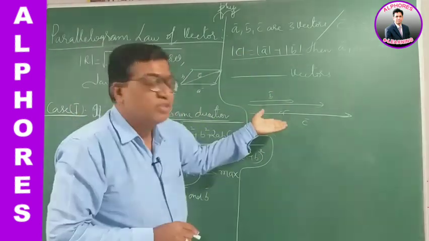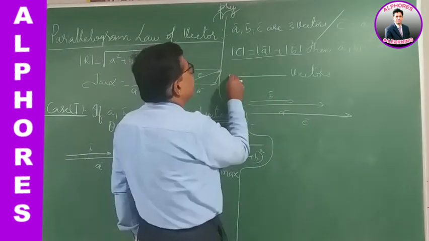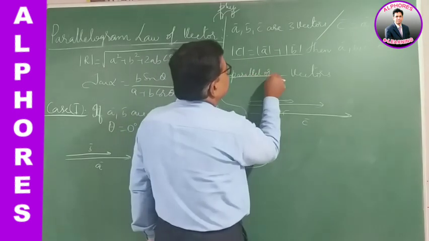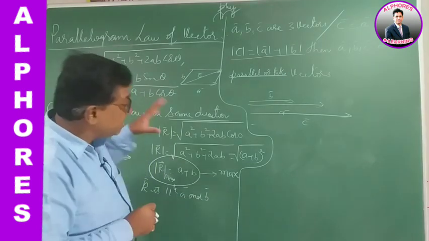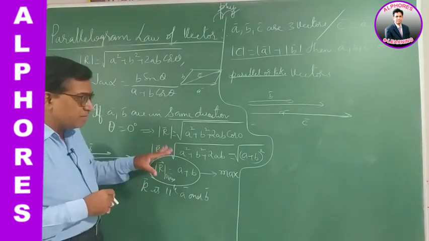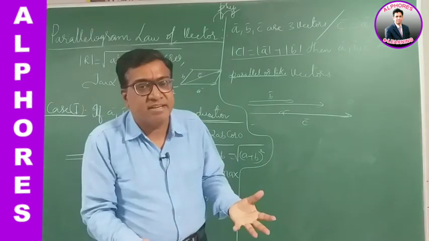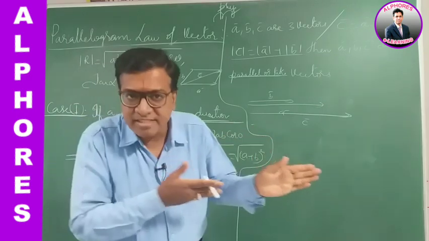And of course they belong to the same physical quantity. They have the same unit. So you can write it as they are parallel vectors or like vectors. They are like vectors. A very beautiful question asked based on this concept. The maximum resultant: when do the vectors produce maximum resultant? When do the vectors give the highest resultant? When the vectors are in the same direction.